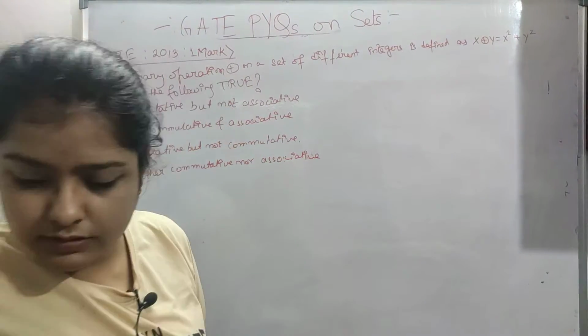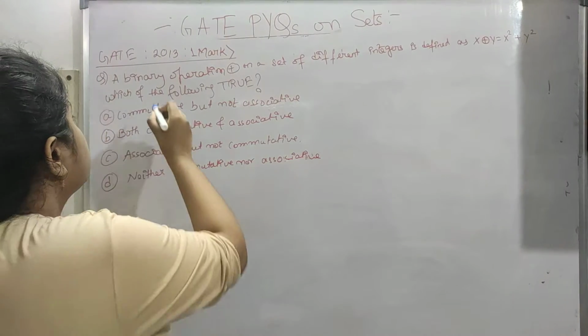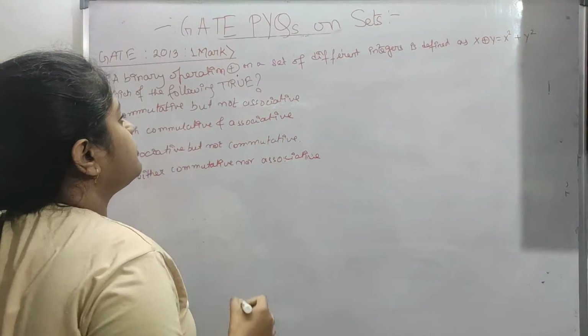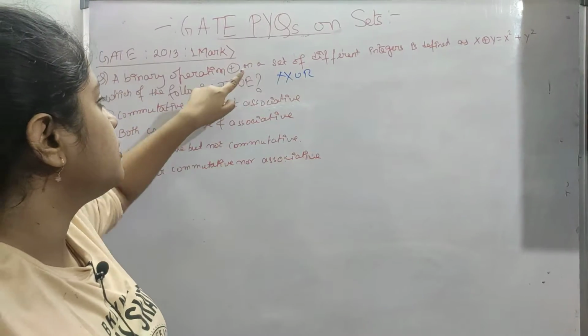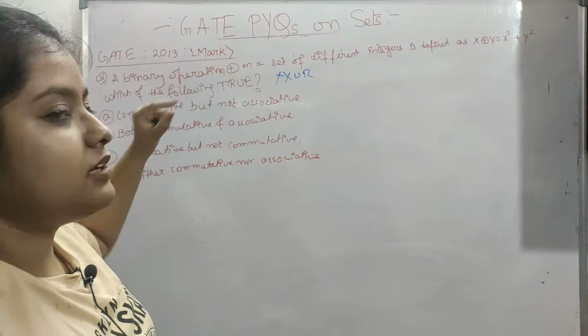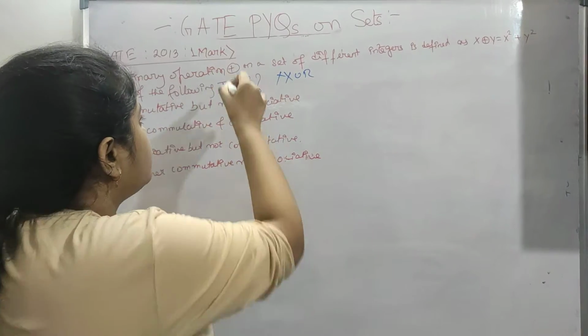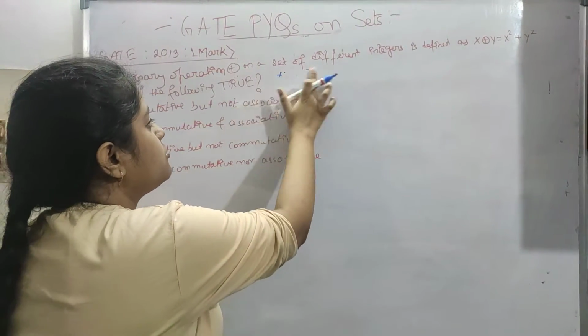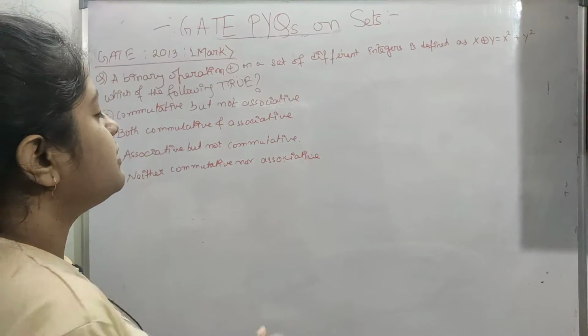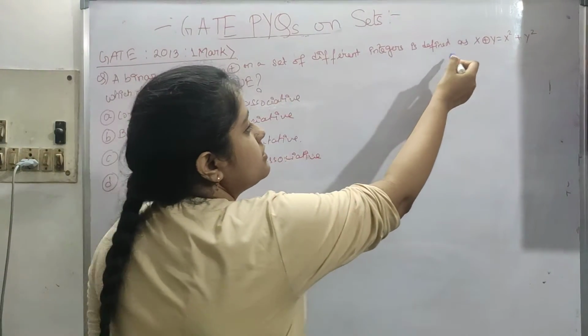So now let's see the question here. A binary operator is given. This is not XOR. Just don't think of it like XOR, because when we do digital logic, the first thing that comes to my mind is that it is XOR, commutative, associative, whatever we know about XOR, but this is not XOR. It is defined on the set of integers like this.